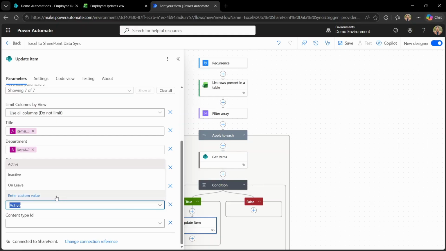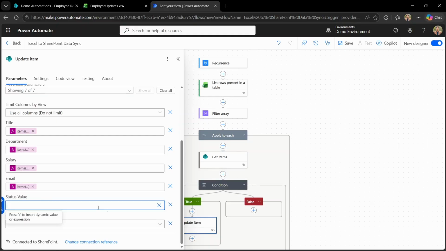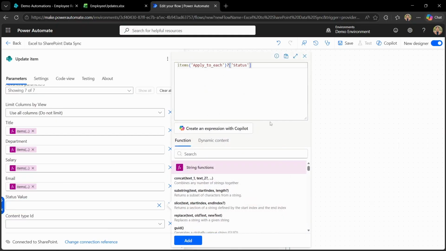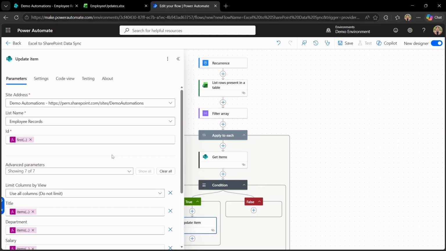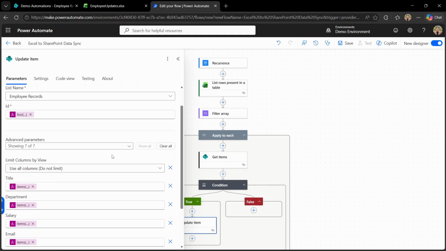For the status value, we need to add a custom formula there. By default, status is active. Leave the content ID type empty. It will work fine, no worries. So we have already added our formulas. Now we proceed towards the